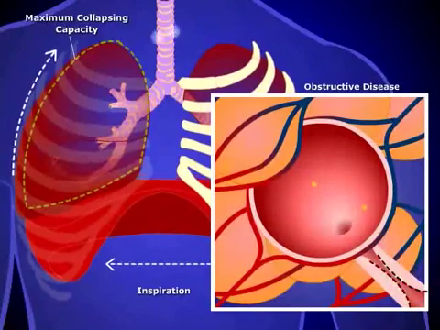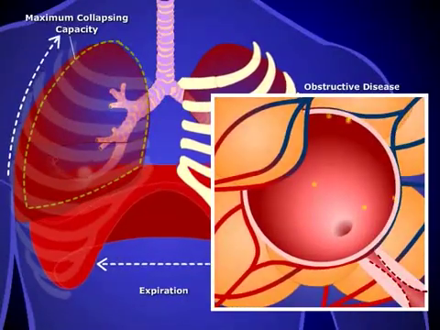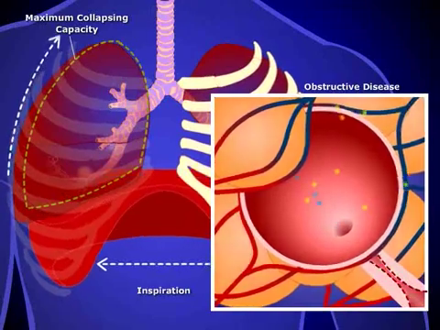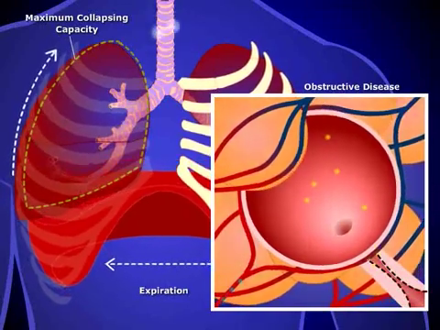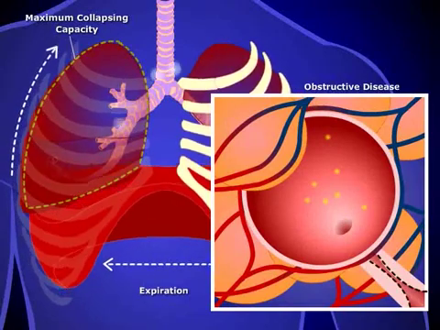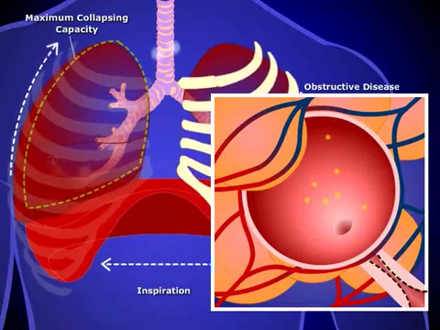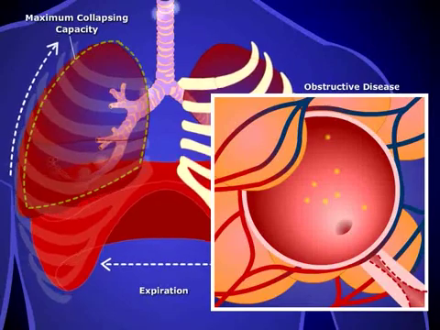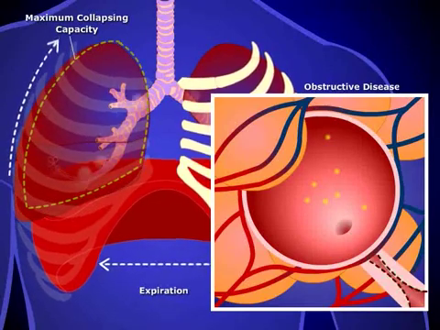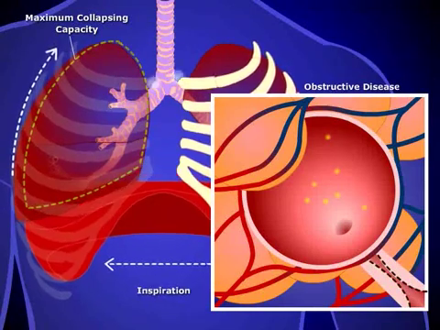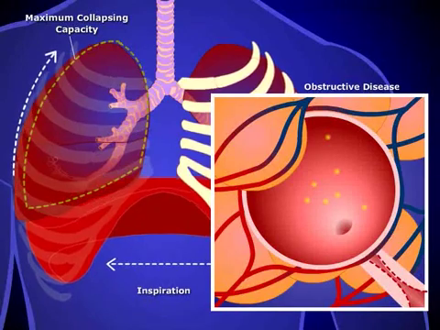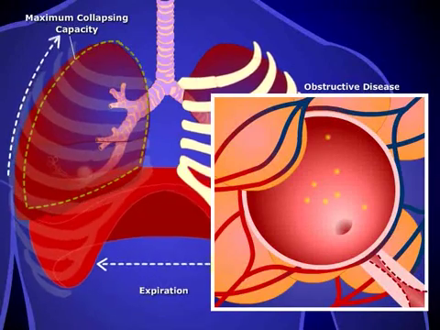Airway resistance is represented here by dotted blue lines in the lower right. In obstructive pulmonary diseases, such as emphysema or chronic bronchitis, airway resistance is increased. This means that the lungs cannot fully deflate. Without proper deflation, the lungs cannot fully experience a corresponding increase in pressure to cause air to flow out of the lungs. As a result, patients with obstructive pulmonary disease have difficulties with expiration.